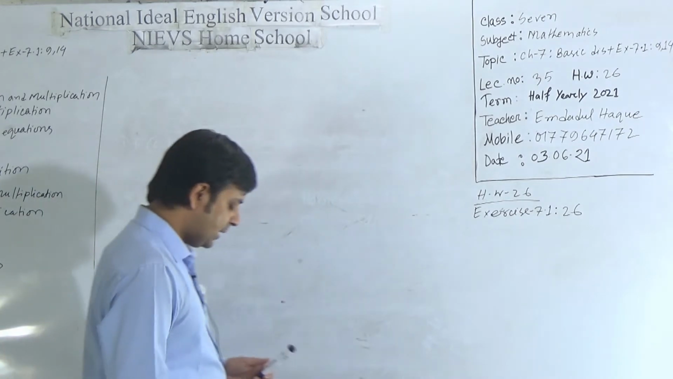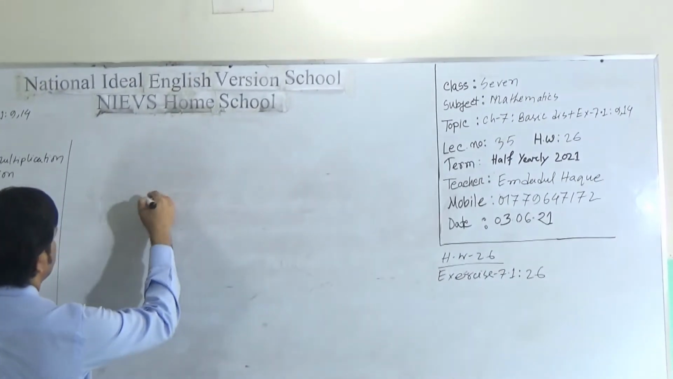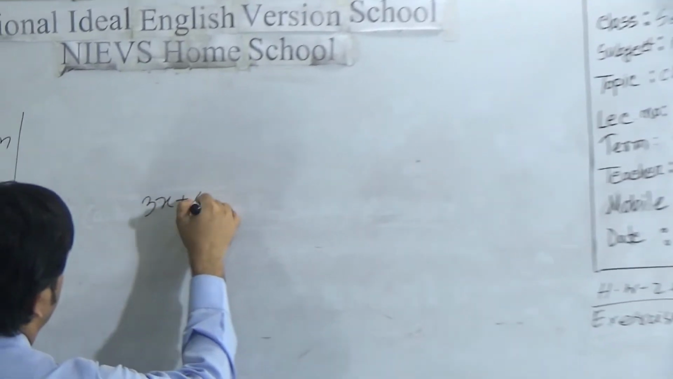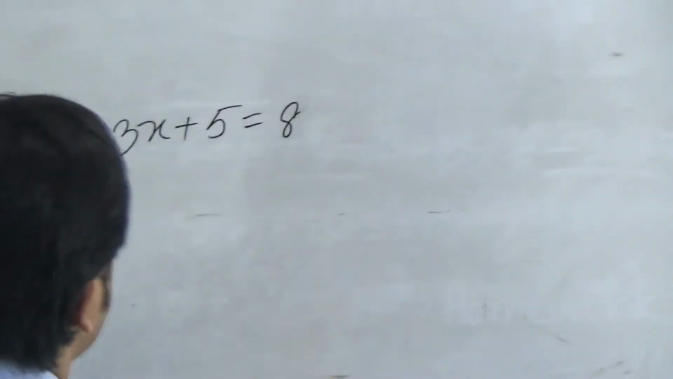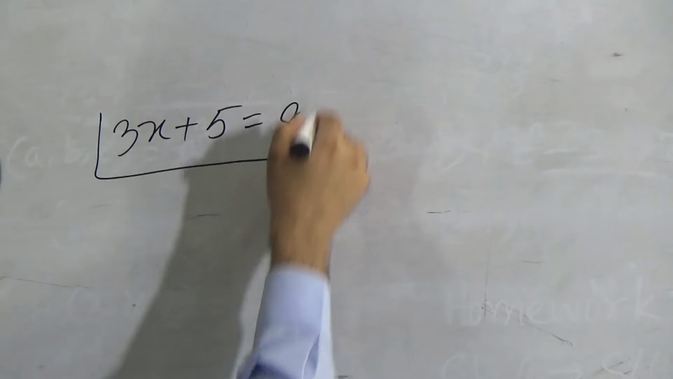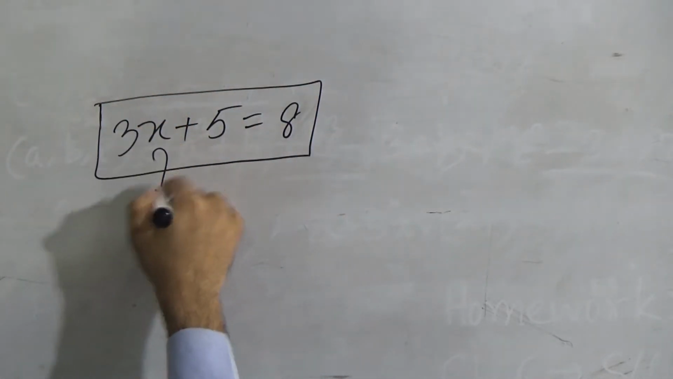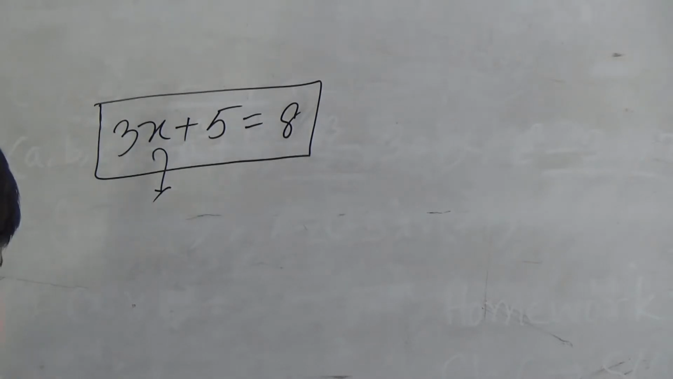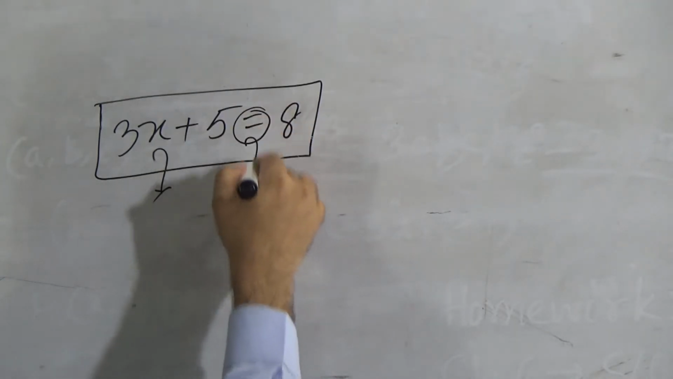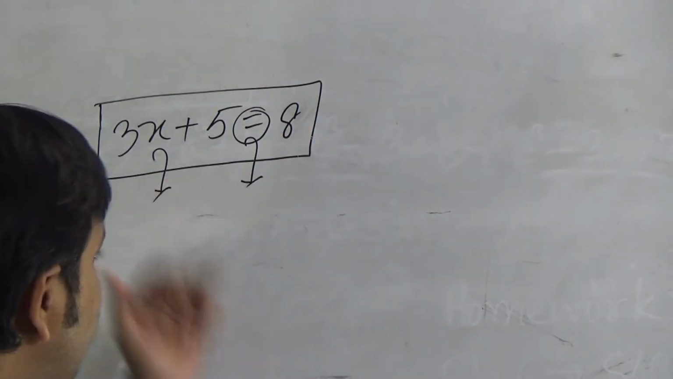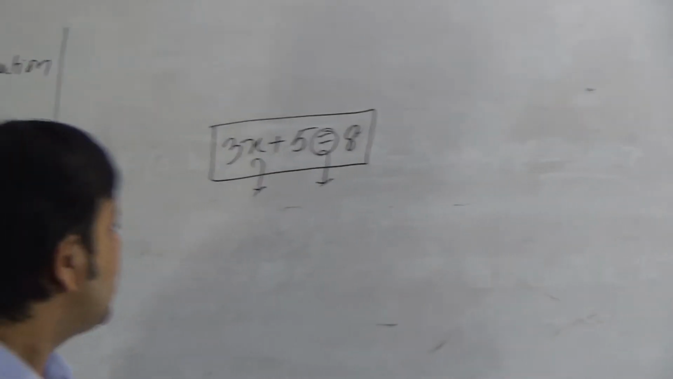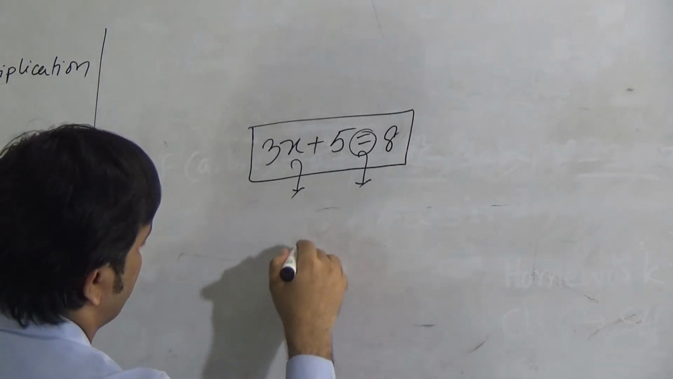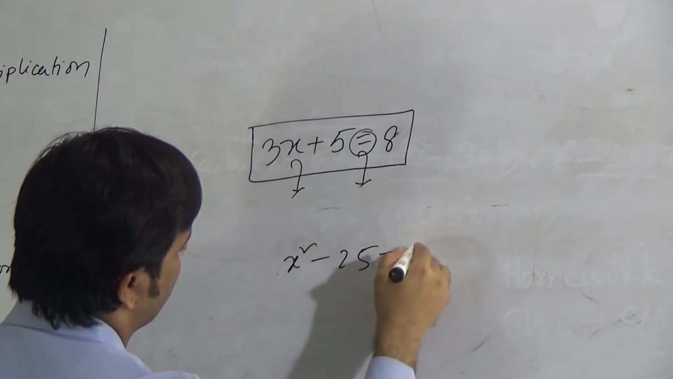Suppose I am writing a mathematical open sentence, that is, 3x plus 5 equal to 8. This is a mathematical open sentence, as there is an unknown quantity here, and an equality sign is included. So this open sentence is associated with equality sign. So this is an equation. Dear students, if we write x square minus 25 equal to 0, this will be also an equation,